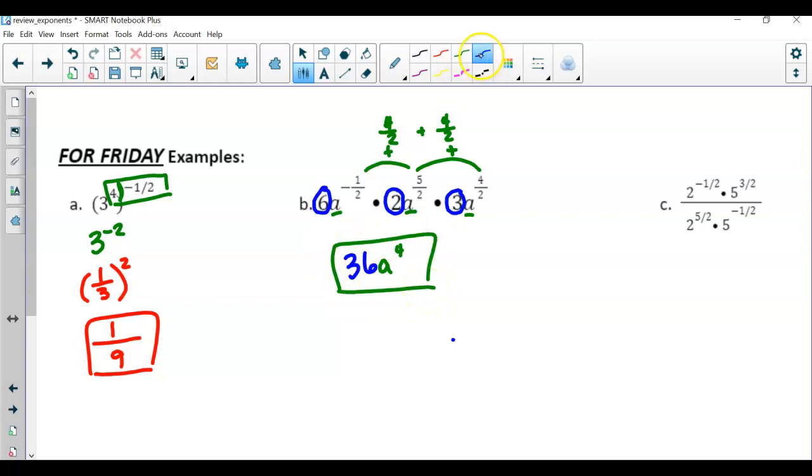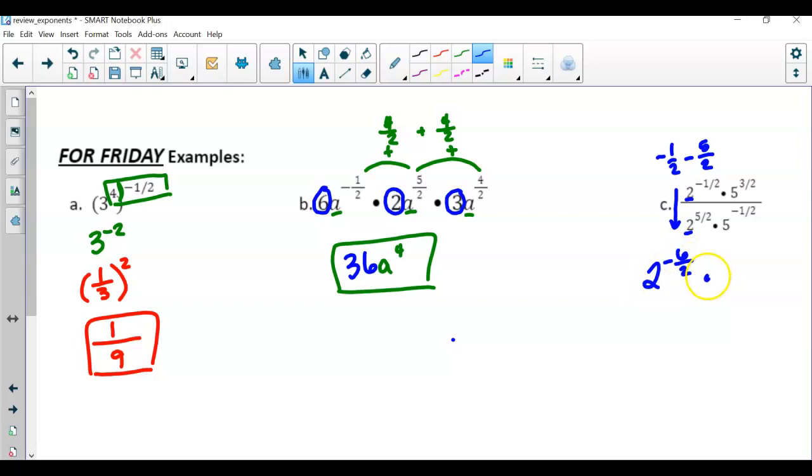Then C. Again, notice how we can't add the exponents because the bases are different. I have a base of 2 and a base of 5. But we have our quotient rule because the bases here are the same. So top to bottom, we're going to subtract. We have -1/2 minus 5/2, so this is now 2 to the